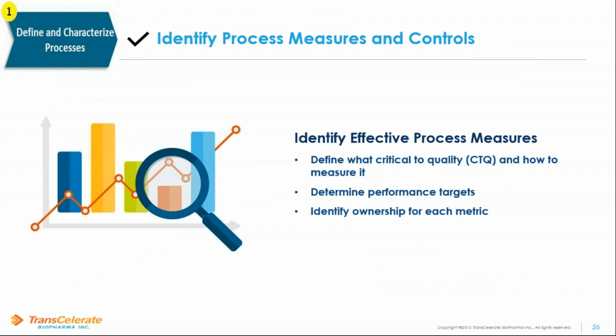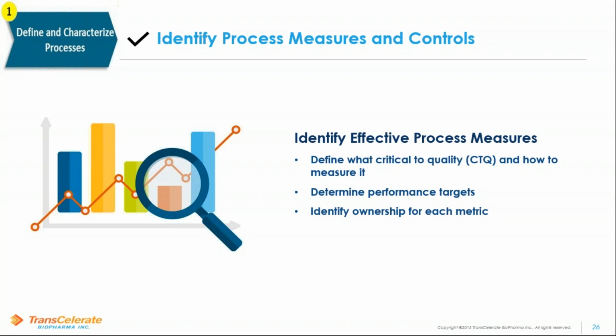It's worth noting, when we talk about processes, the importance of identifying process measures and controls. So establishing the correct process performance measures and controls is fundamental and necessary to ensure the process is working as designed and has objective evidence for evaluating performance and driving continuous improvement. At a minimum,